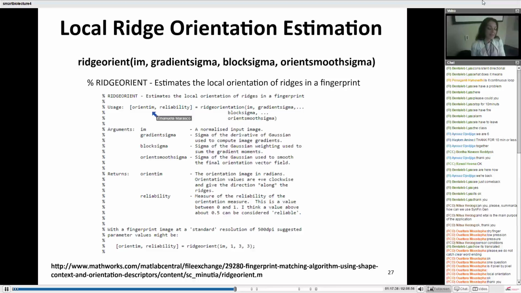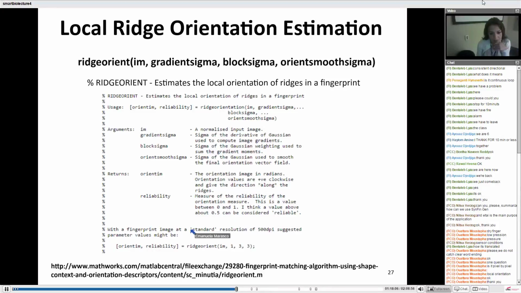Orientation is a matrix with the same size of the input, but instead of having intensity values like when the original image is loaded, we will have orientation values after the application of this function. So we have the normalized input image,